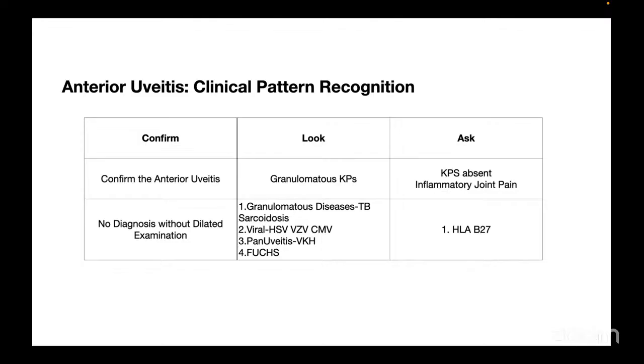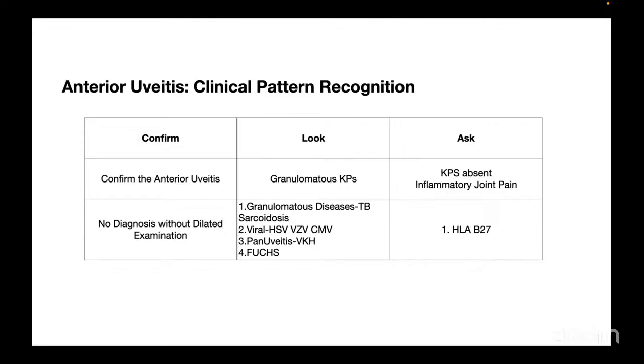Second, look for granulomatous keratic precipitates. If present, it is definitely a granulomatous disease. Then you have to rule out TB, sarcoid, and viral causes such as HSV, VZV, CMV, and panuveitis cases